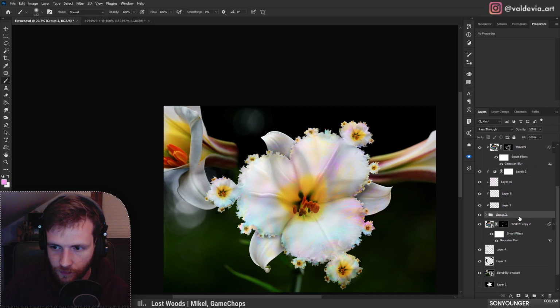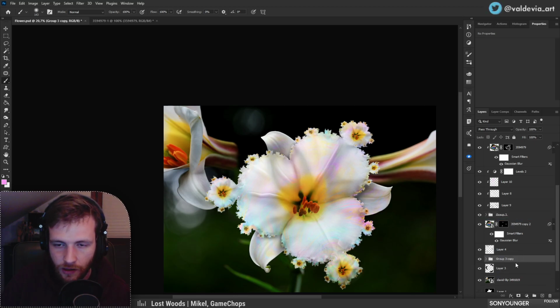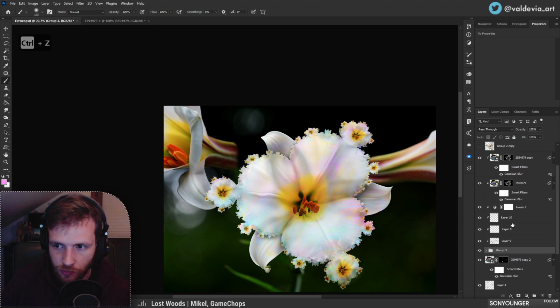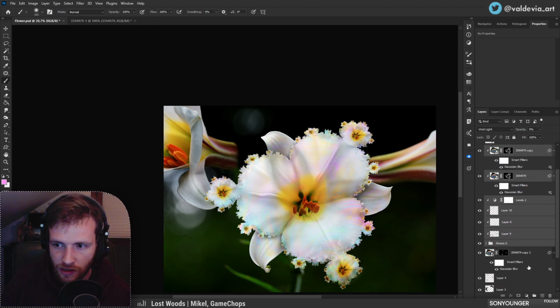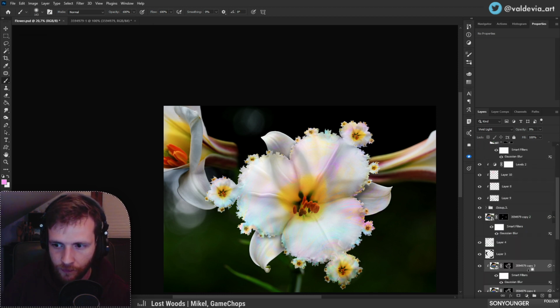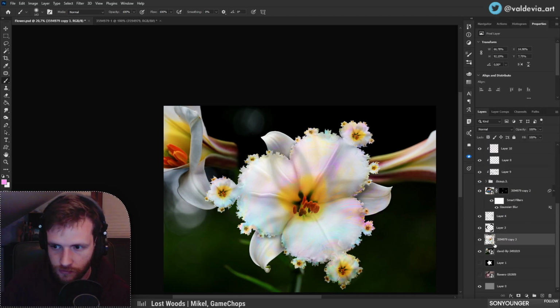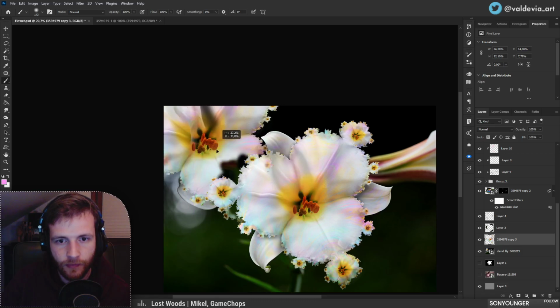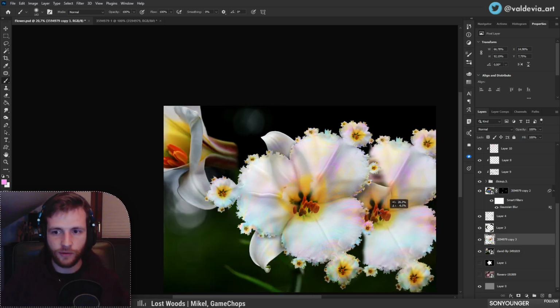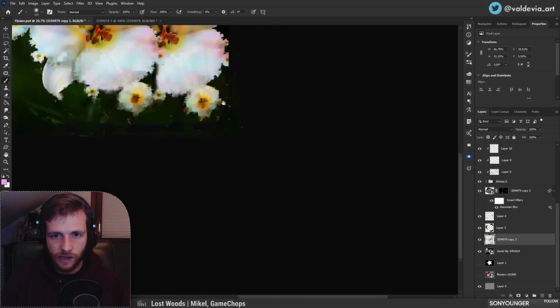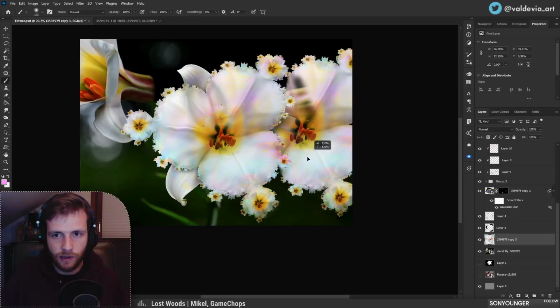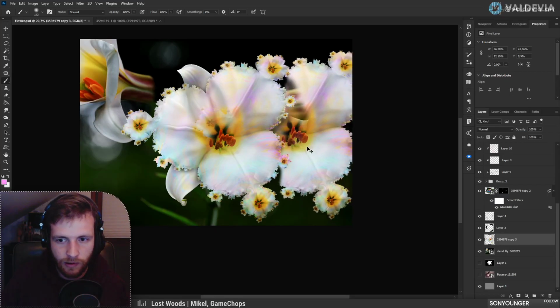Okay, so let's try this. I think we can do it. I'm just copying the whole group. Right. And merge. There we go, we got a second fractal flower, of which I'm going to pick up one